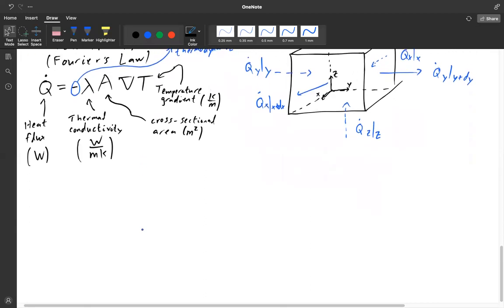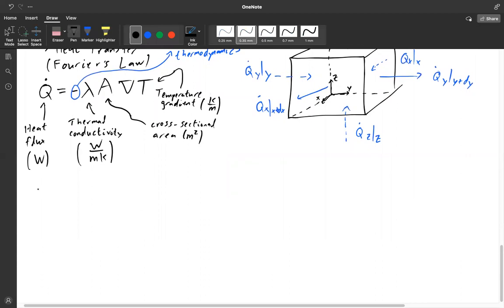So moving on, say that the heat inlet using Fourier's law in the x direction equals out to be negative lambda partial T partial X dy dz,